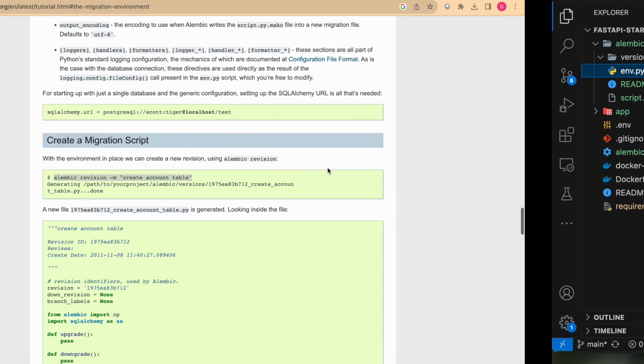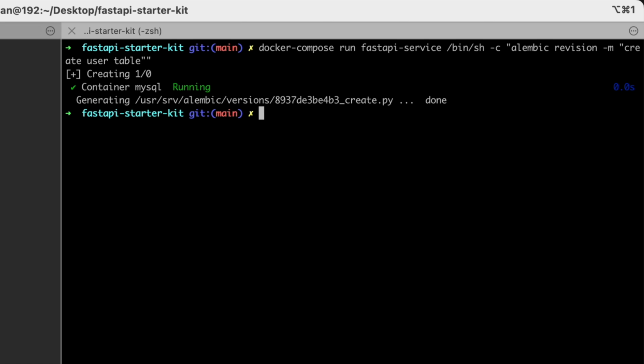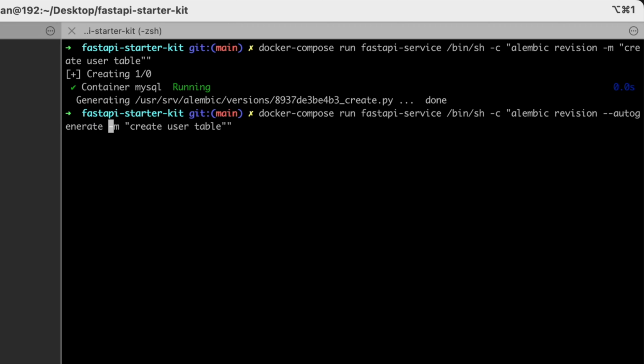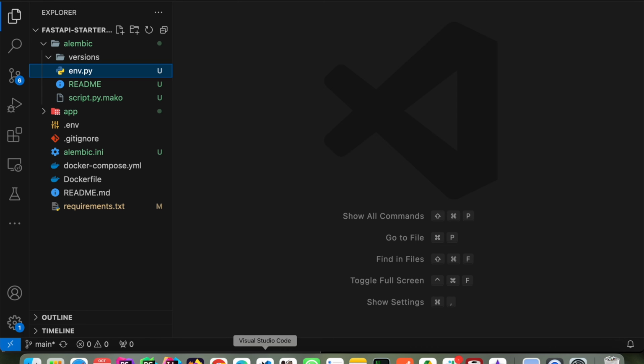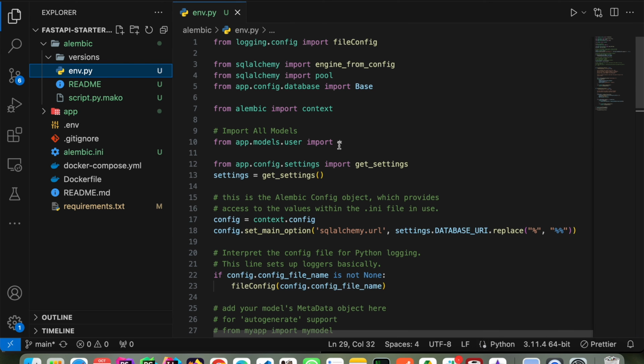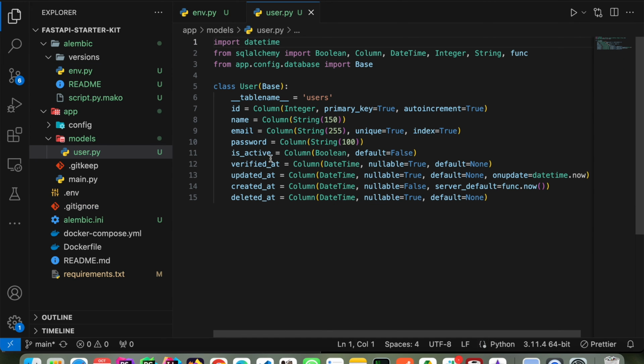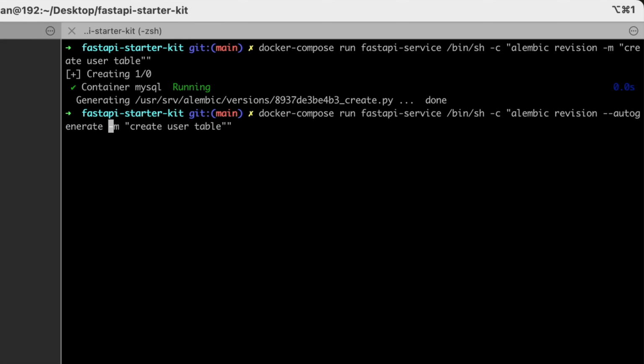Let's go to the terminal again, and I will run the same command, but now I will put hyphen hyphen autogenerate here. Now Alembic knows that I need to autogenerate the migration. For that, Alembic is going to look into this env file and see all the imports we have done here. Then it will go through this user model, find all the columns and their data types that we have defined, and based on this it will generate the migration file. So if I run the command again,